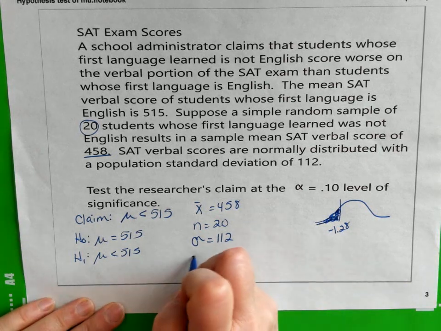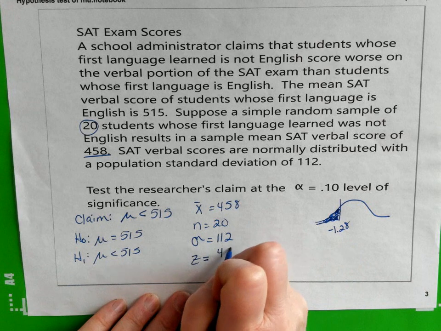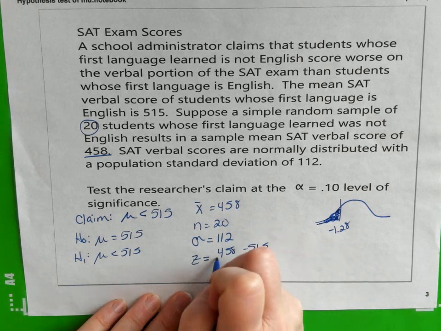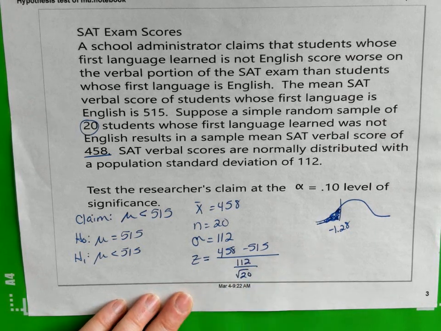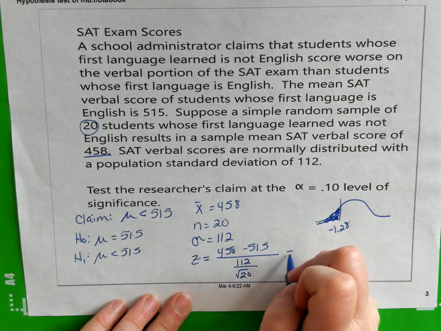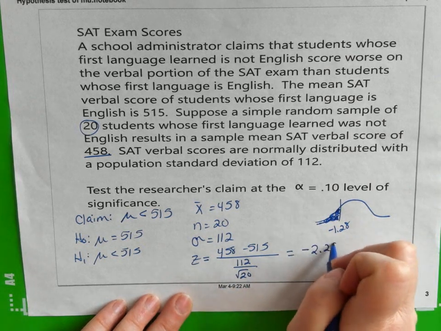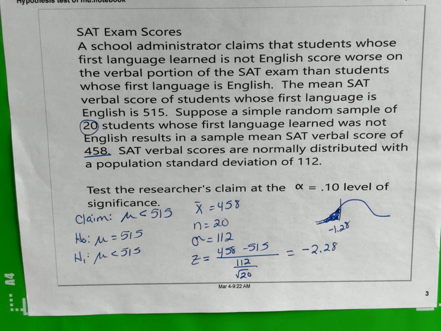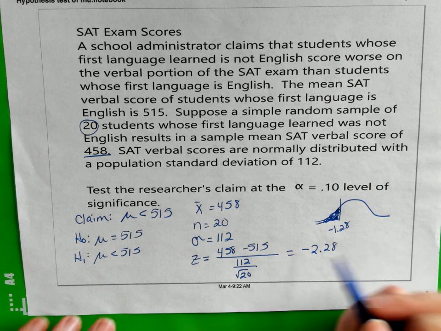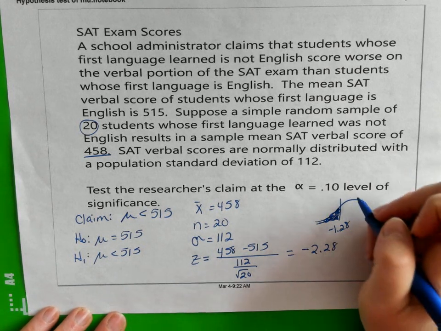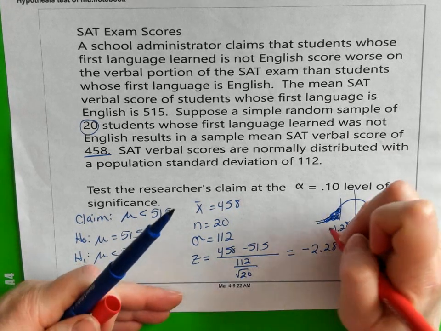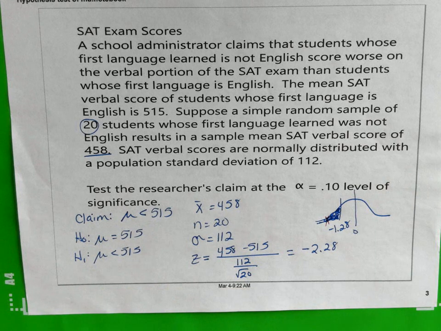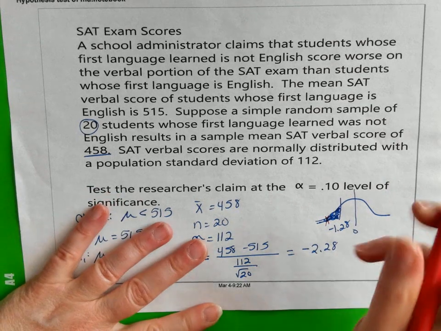So I do my math. Z is equal to 458 minus 515 divided by 112 over the square root of 20. I got negative 2.28. So what does that mean? Well, that means I'm negative 2.28 away from 0. Here's 0. So if this is negative 1.28, negative 2.28 has got to be somewhere over here. So where am I? I am going to reject